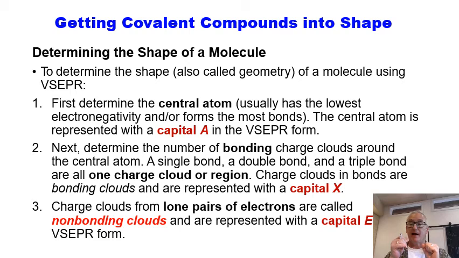And again, if I haven't included this in Canvas, I will put it in there. I've got a couple of really nice sheets that give all the different shapes a molecule can have based on these rules. So all you need to do is figure out what is the central atom, what atom's in the middle. Figure out how many bonds